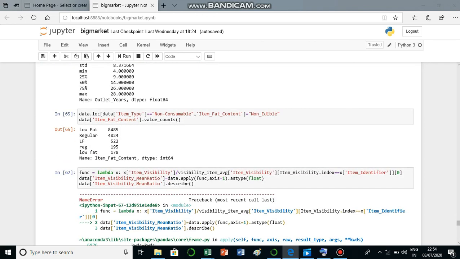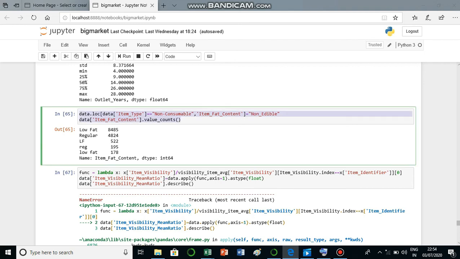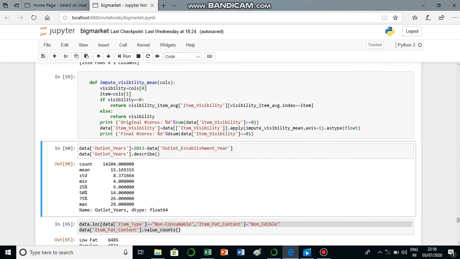This we have distinguished these varieties. Here we are determining the year of operation of the store, making sure the non-consumables are separated from the fat-contained ones.